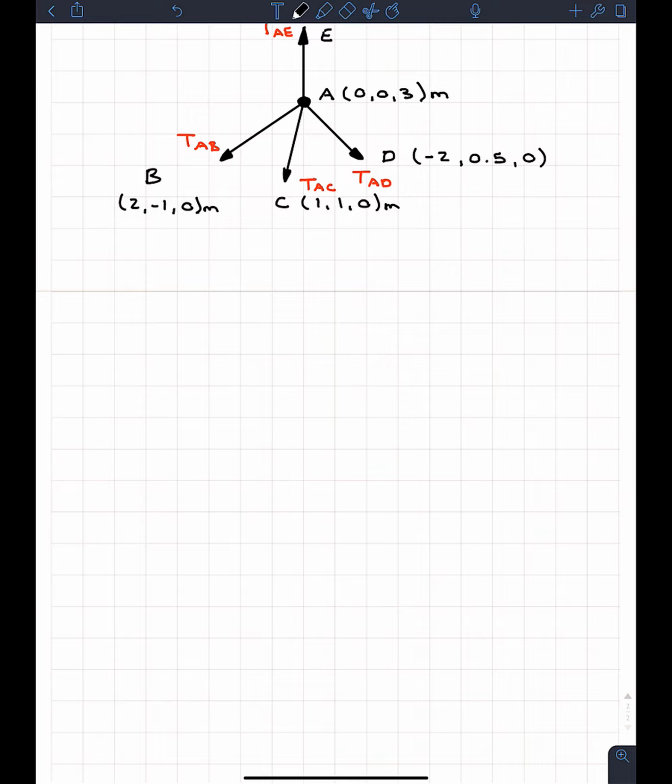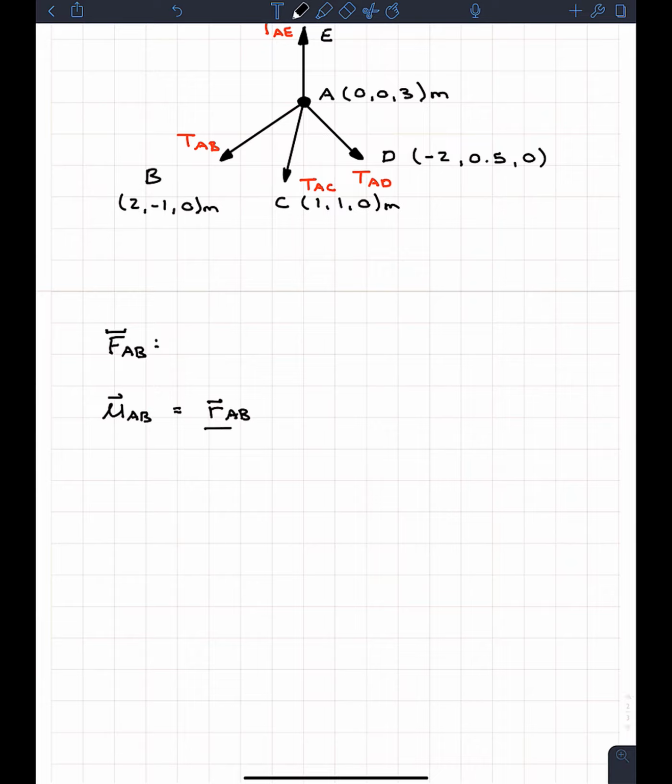So first one that we're going to have is FAB. Let's start with A and go to C and then go to D. So FAB. So let's put this here. And yeah, we're trying to find the vector. So why not throw a hat on top? So we know that a unit vector for AB is going to be equal to the position vector AB